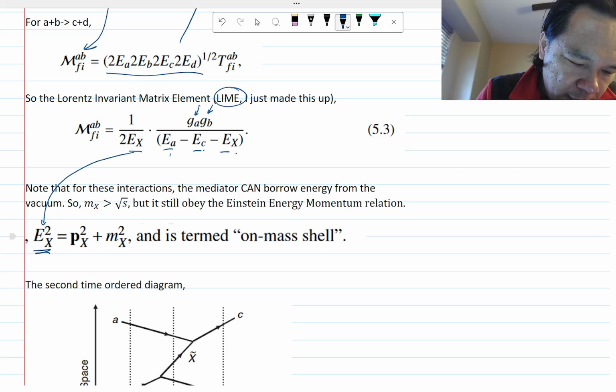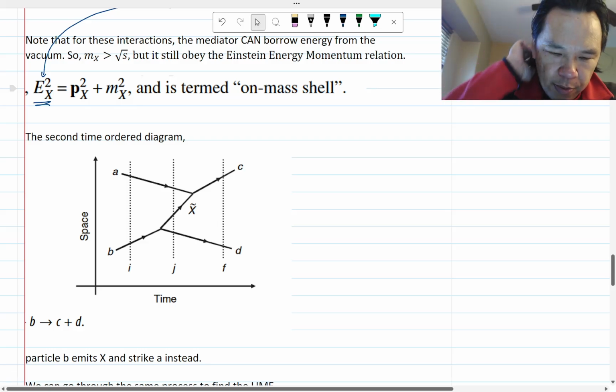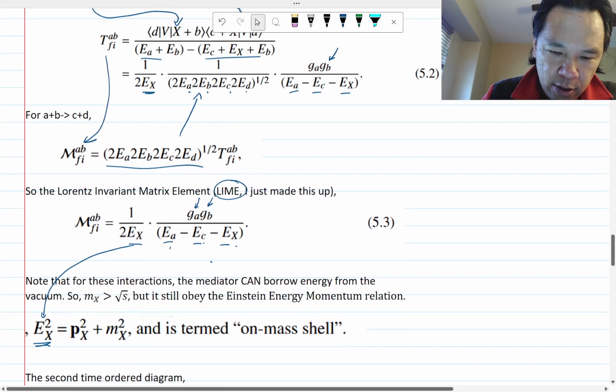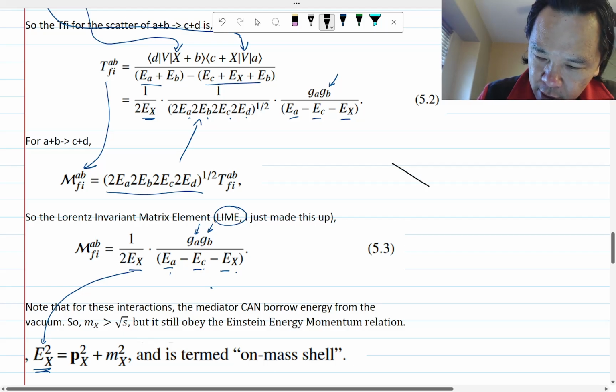So whatever EX squared is, it's going to be equal to its momentum squared plus its mass squared. So that's the first diagram, where you have particle A shooting off